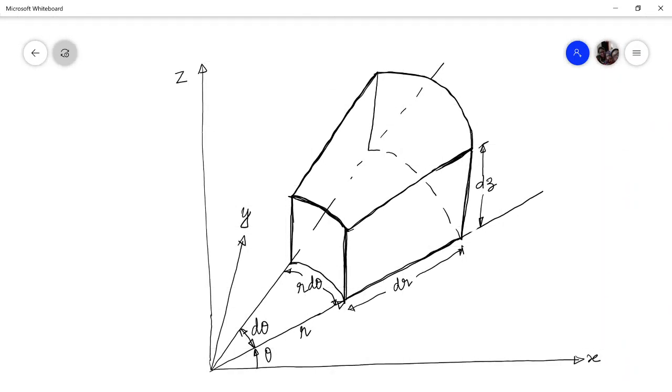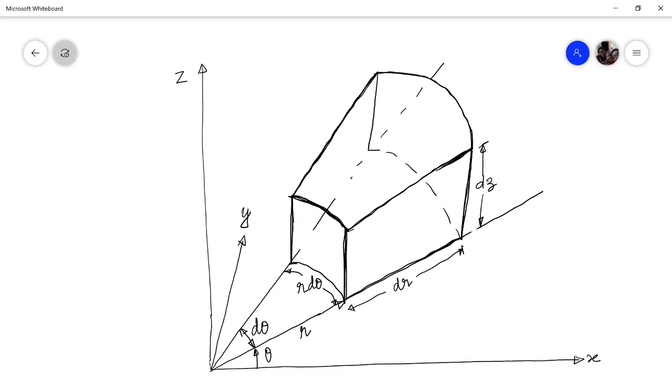So what does the first principle say? It says the net mass efflux from the control volume plus the rate of accumulation of mass within the control volume should be 0, which we have seen in the last lecture. So let us start this discussion by finding the mass fluxes from the different faces, that means in the radial direction, in the tangential θ direction, and in the azimuthal z direction.